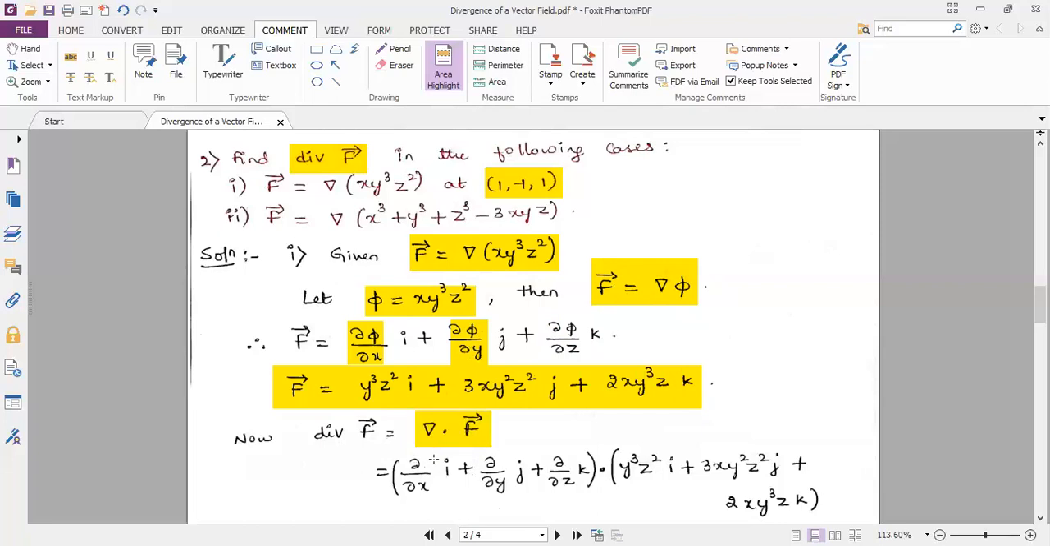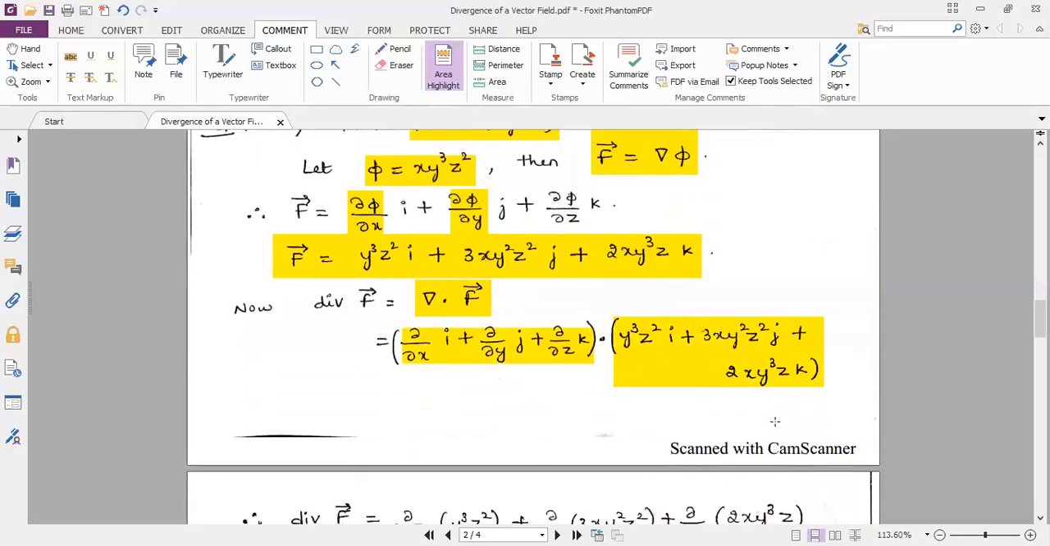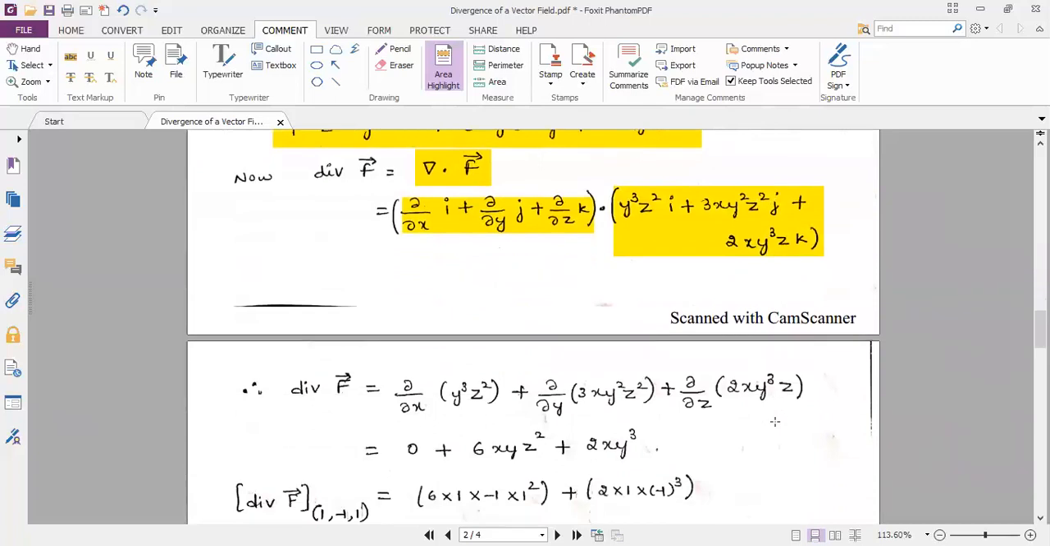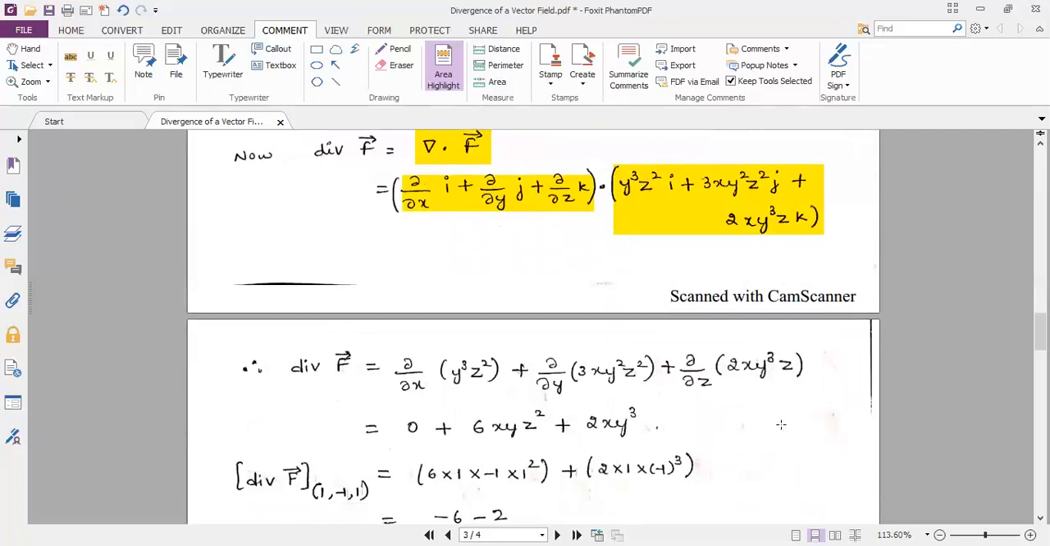Del is an operator given by dou by dou x i plus dou by dou y j plus dou by dou z k, dot product with vector f. Vector f, just now we have obtained, is y cube z square i plus 3xy square z square j plus 2xy cube z k. Perform the dot product between these two vectors. Recall, i dot i is 1, j dot j is 1, k dot k is 1, and the rest of all the dot products are 0. So we are operating dou by dou x of y cube z square